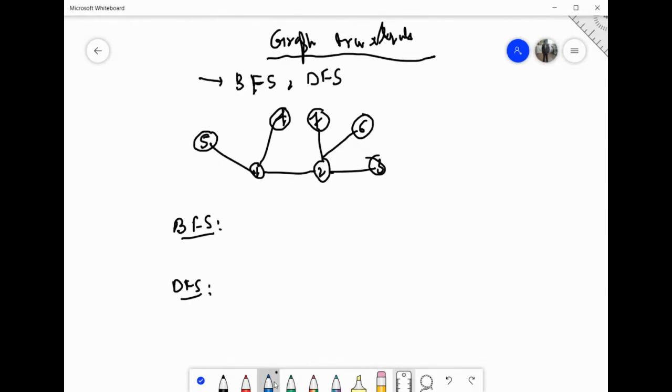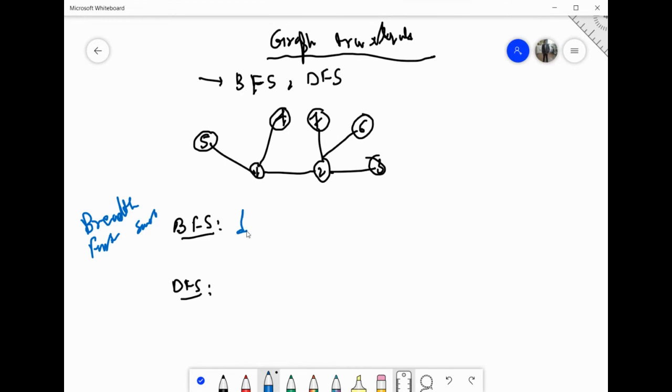Now let's talk about BFS, breadth first search. How it works is, first thing, you can start from any vertex, it doesn't matter. Start from 5, 3, or 6, doesn't matter. Suppose I'm starting from 1.